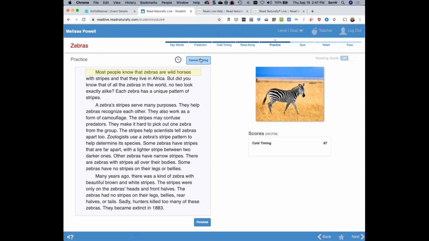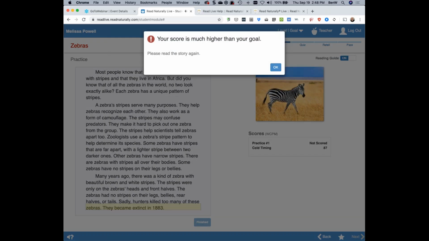The practice step is a great place to determine if students are making progress. They have to read between 3 to 10 times to reach their goal, and that's an indicator that you would see in the reports. If they're reading much more quickly than is possible, so for example, if I've clicked Finish too soon,